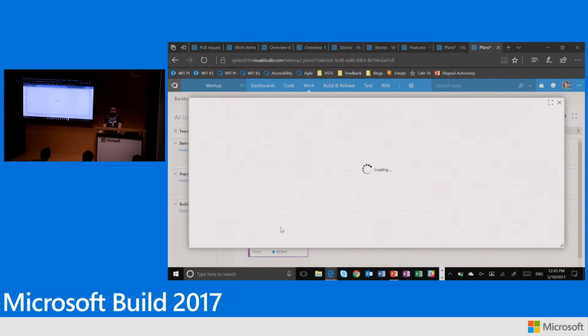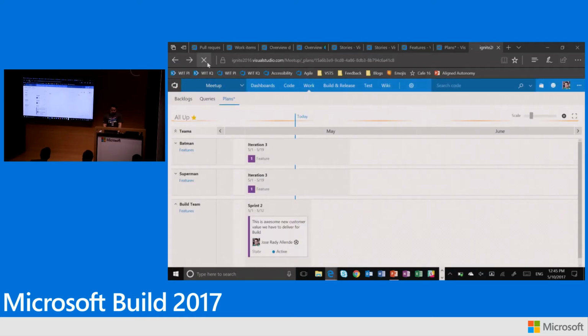I can go check on the feature whenever this loads. Come on. Come on. Really? Let's try refreshing. Go to the feature, and then what they can understand is within these work items, we made sure that there's linking between features and stories, and they're all on the form, right? There's no need to go to a different board. There's no need to go to a different backlog. It's just contained there, and it's very, very simple for them to interact with it. Let's see if it loads. We're also deploying right now, so it may be that I'm just getting the new bits. You never know.